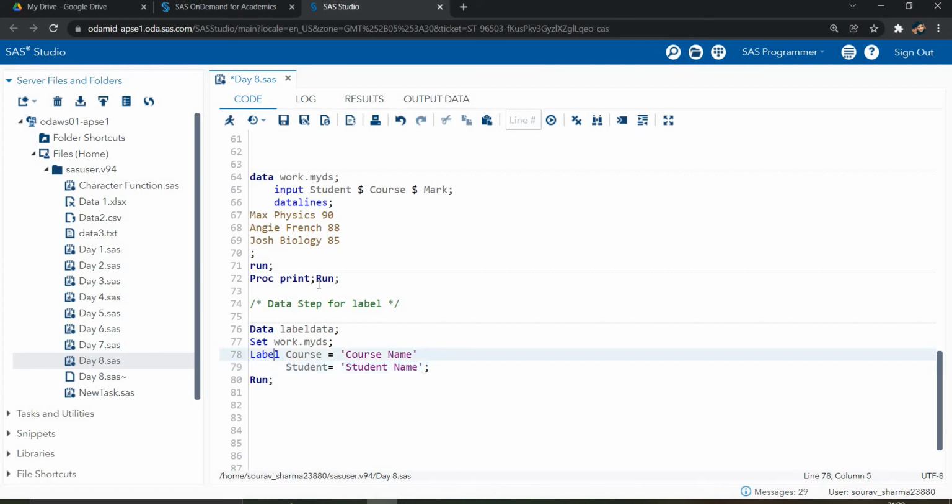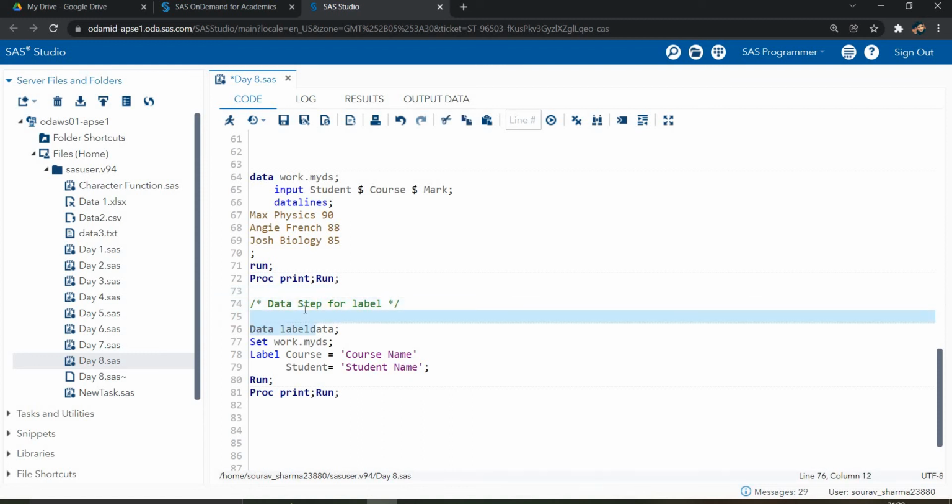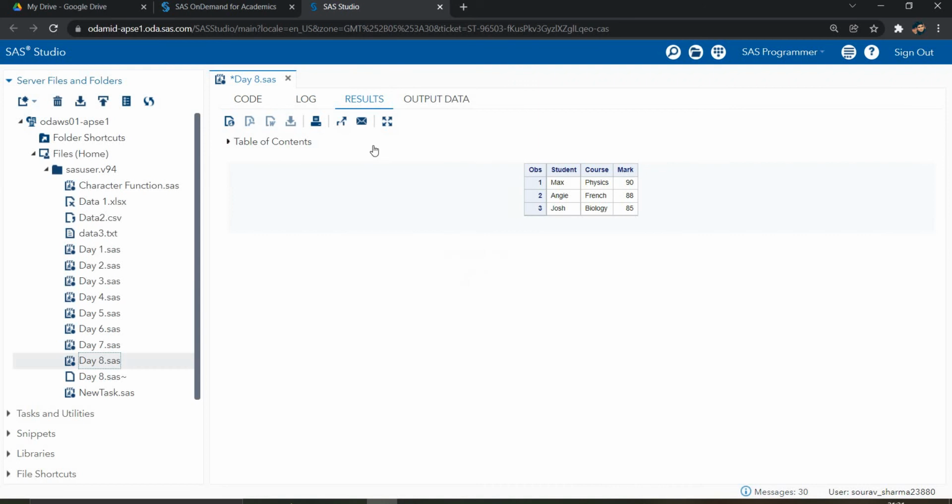Okay, so if you want to change multiple labels, multiple header names, multiple variable names, you need to write like this: one first, then second, then in the last you have to close the quotes. If you're not writing this, then you have to write multiple label statements, again and again, a label statement will be there. Okay, so this is how I write it.